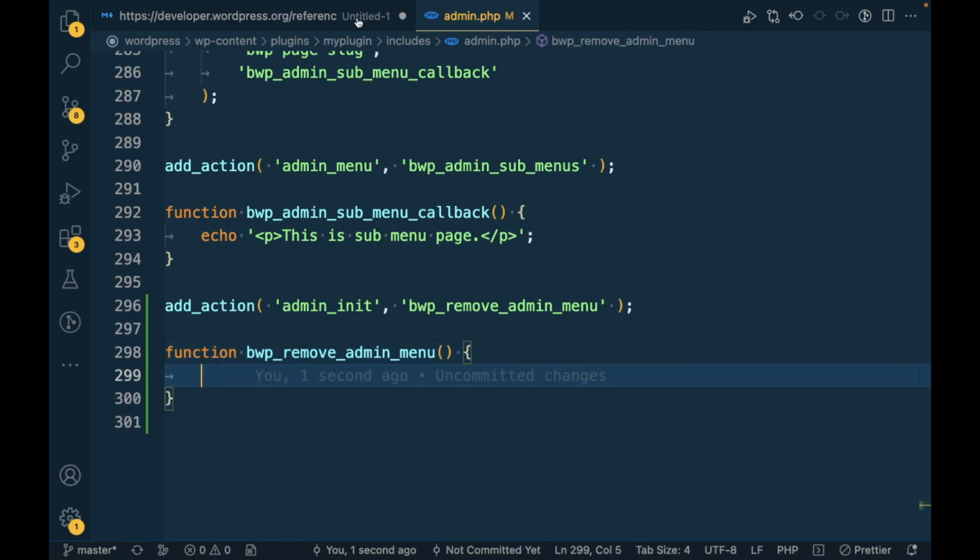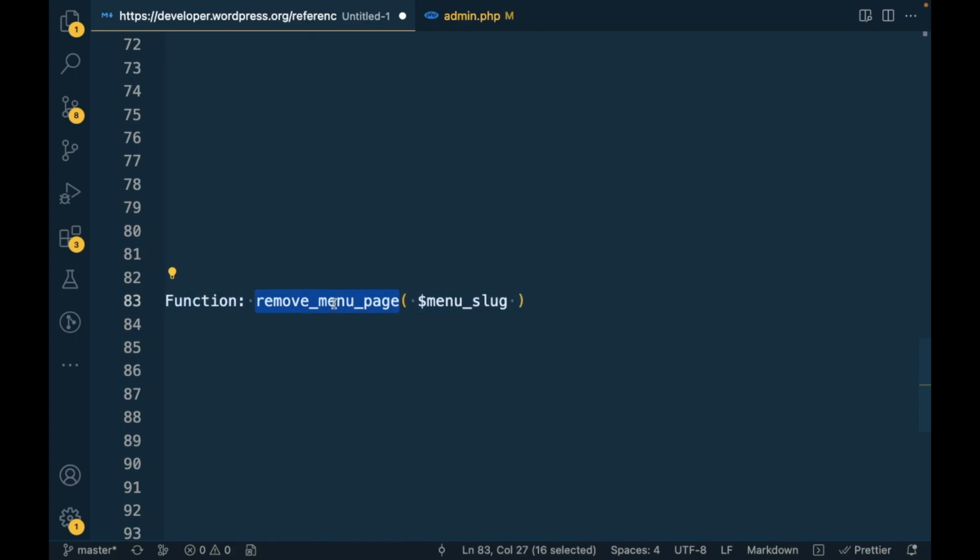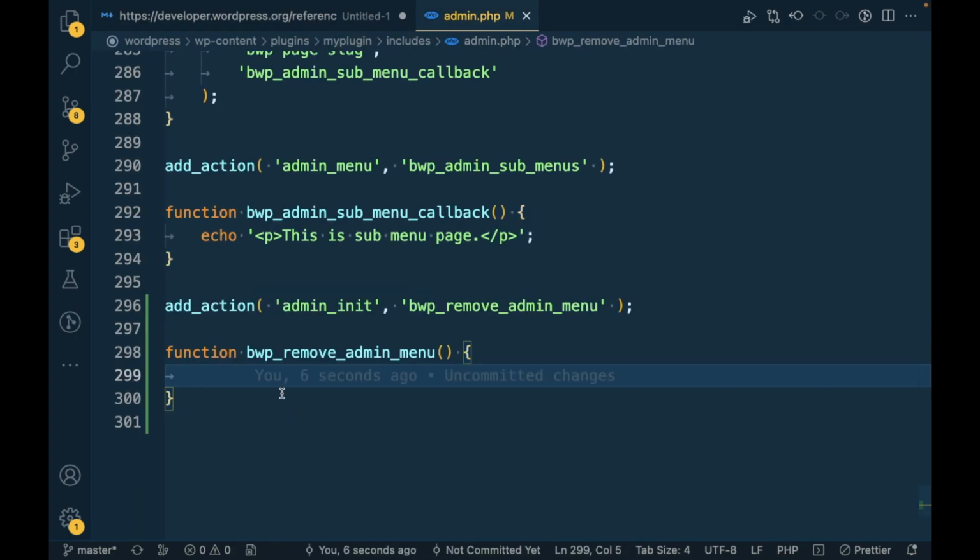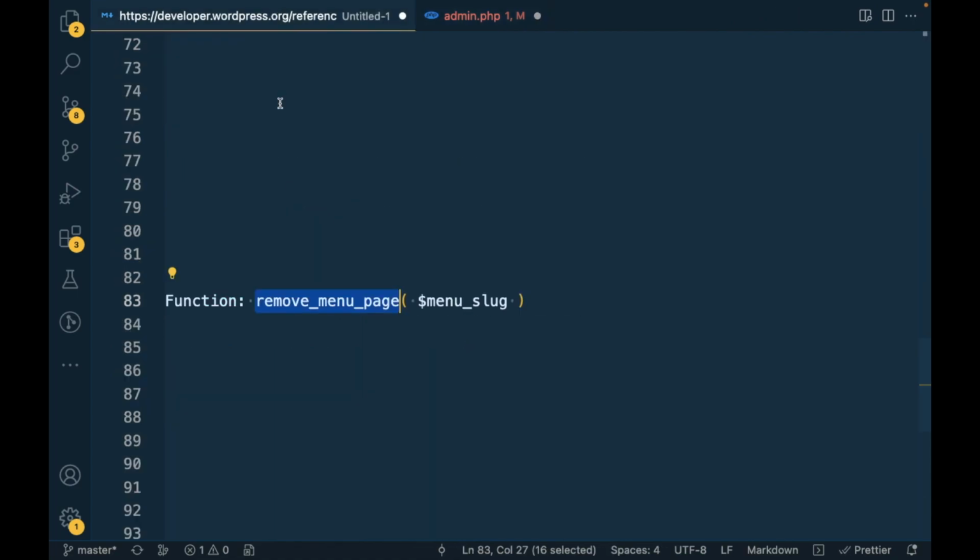Now inside this function we will use the function called remove_menu_page, and inside this function we will need